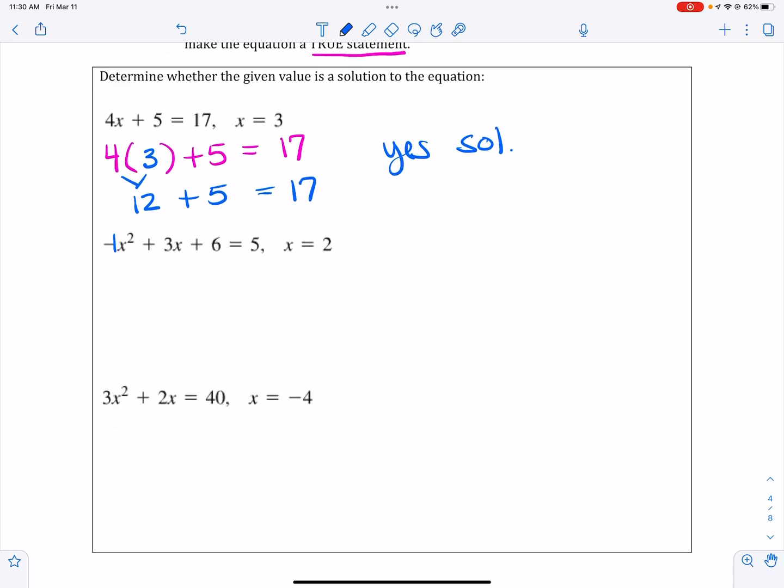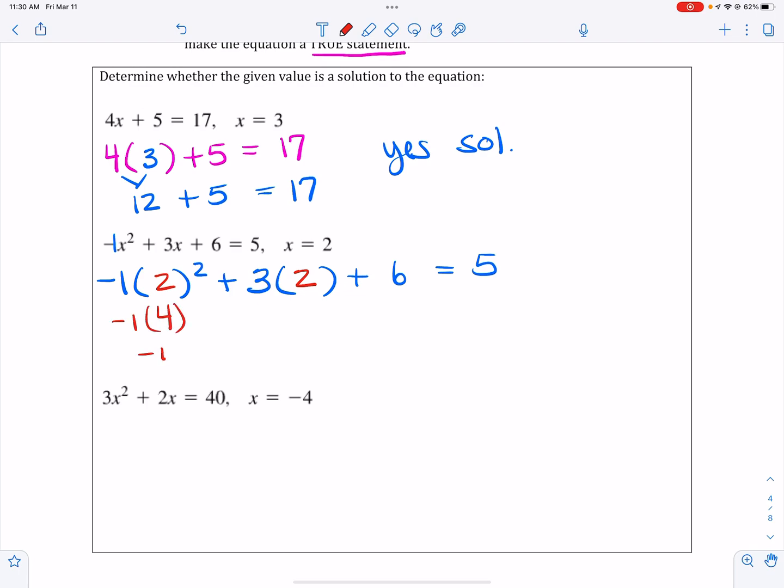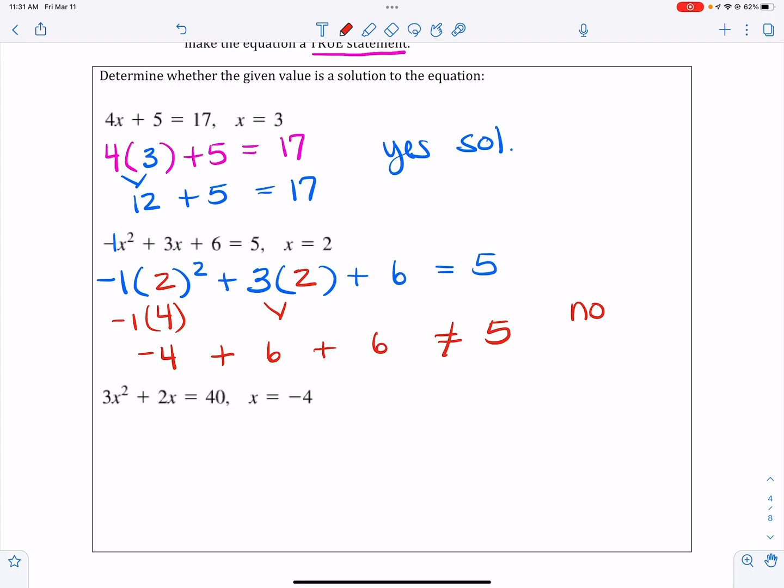of writing a -1. So we're going to say -1 parentheses for x squared plus 3 parentheses for x plus 6, and our hope is that that equals 5 when we replace the x with a 2. So 2 squared is 4, and 4 times -1 gives me -4. And then if I add 6, that does not equal 5, so that would be not